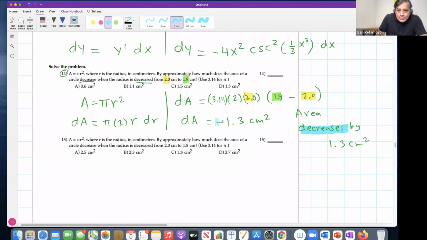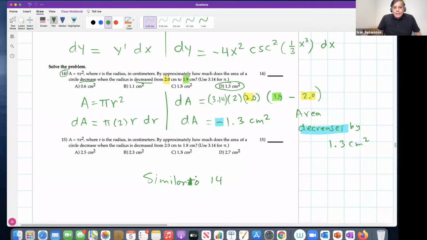You follow, guys? You can say the change was negative 1.3 square centimeters, right? That's how mathematicians say it. But engineers prefer to say the area decreases by 1.3, right? So therefore, this is the one you have to pick. You follow, guys? Right? Yeah, and this is similar to 14, right? So you shouldn't have a problem with this. Okay, guys. So